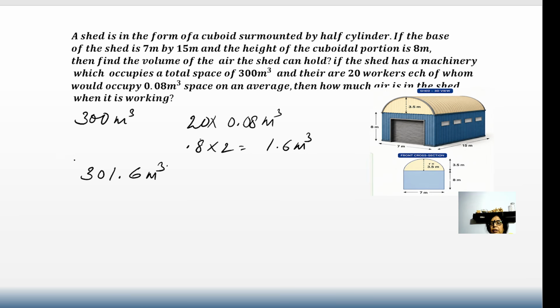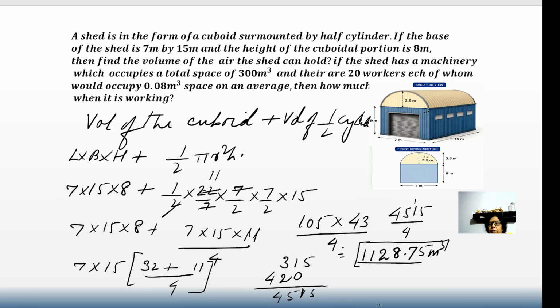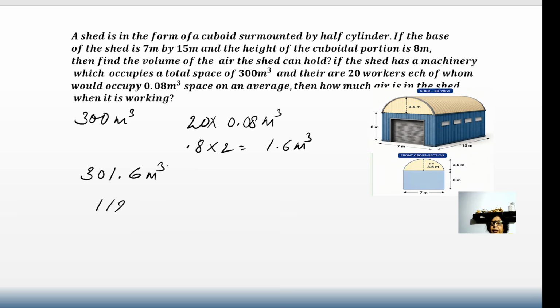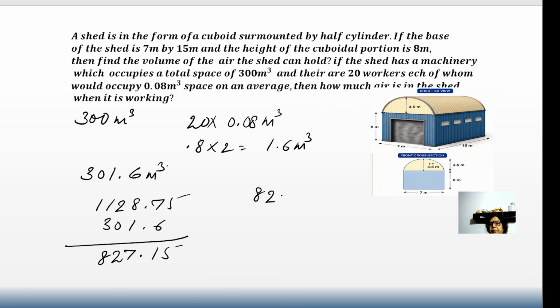Now, this is the total space occupied. So what is the left out space that we have to calculate? The total space, or the capacity, was initially 1128.75. So now I'll transfer this 1128.75 and from here we'll subtract 301.6. So this is 5, this is 1, this is 7, this is 2, and 11 minus 3, that is 8. So we get here